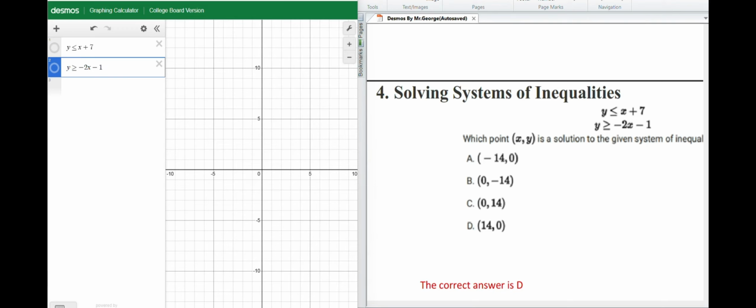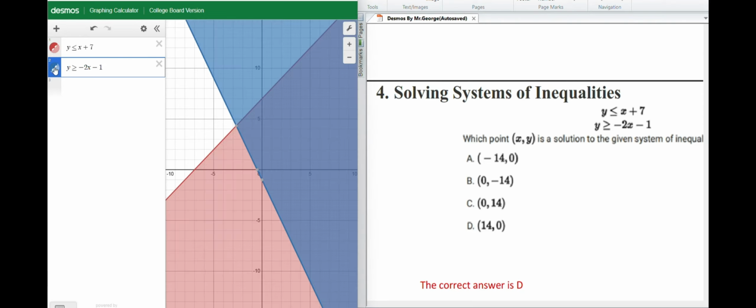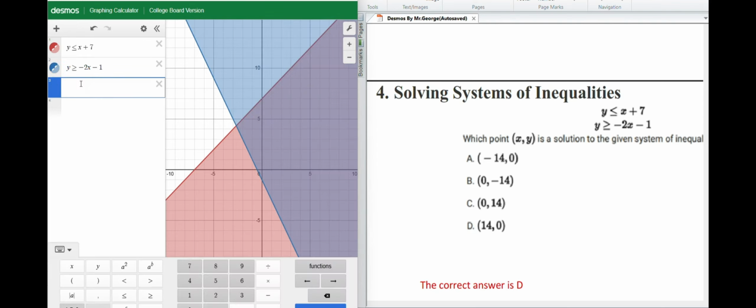Here is another topic we can use Desmos for. If we are given an inequality system like this one, and it says which one is the solution, all we have to do is type in the first equation, and it's going to show this graph. And of course, if we type in the second equation, it's going to give us this graph. All the points in the common, overlap shaded area are the only solutions. So we type in the first point, which is negative 14 and 0,